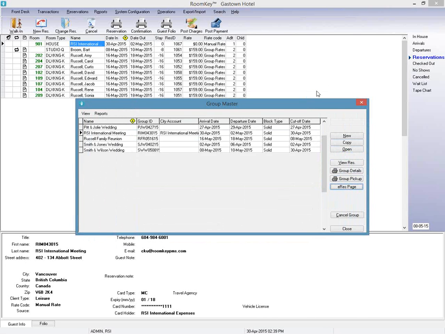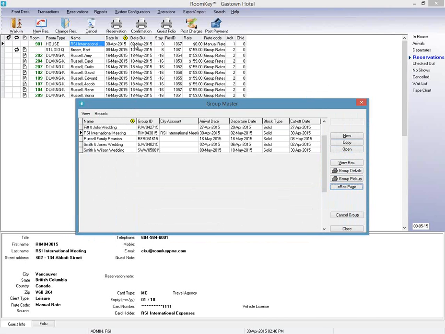Now, the city ledger area is a little bit different from the house account. The house account does sit on the guest ledger side. So in order to check out this specific house account, as an example, it must be resolved and settled by May the 2nd. Now, of course, you can always go ahead and extend a reservation, but typically the difference of